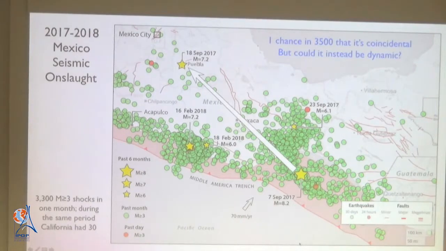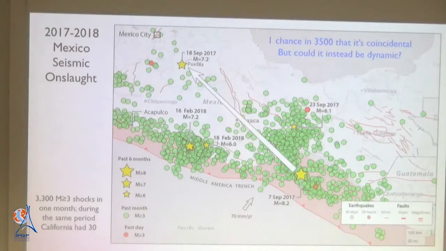We calculate that the chance that they're coincidental is about 1 in 3,500. That's a pretty big number, but do you remember that the Puebla earthquake occurred 2 hours after the annual earthquake drill in Mexico City? You know what the probability of that is? 1 in a million. So the chance that it's 1 in 3,500 and it's just coincidence is very possible.